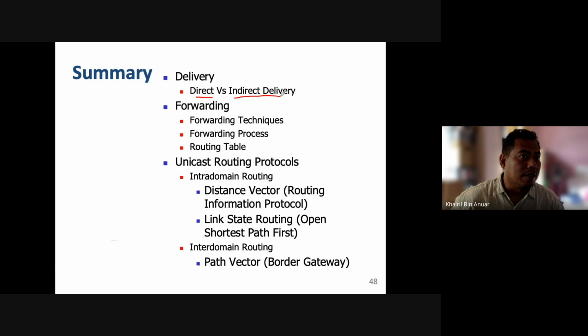And perhaps if you want to use interdomain routing, path vector with Border Gateway can also be performed, where for interdomain the focus will be based on management, so that you want to make sure that all the information or the packets are exchanged within your own network rather than going to the other ISP. Okay,